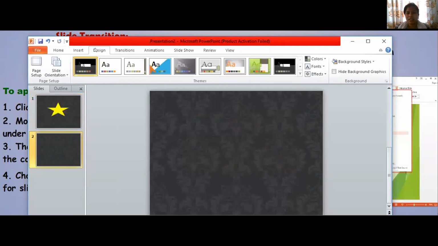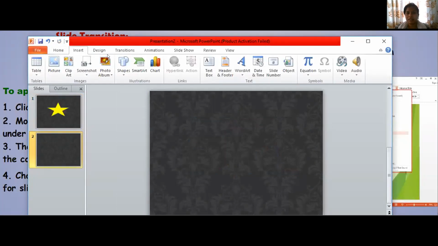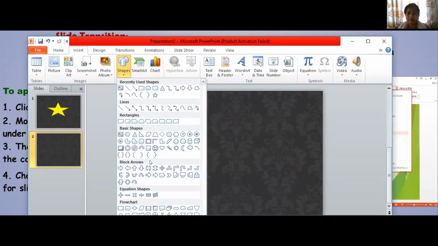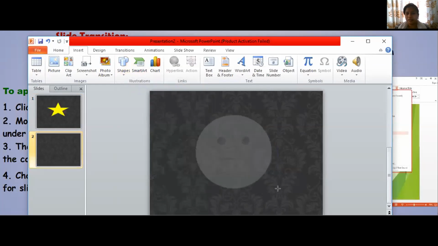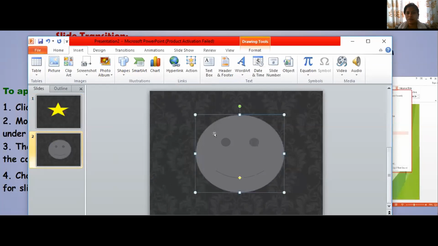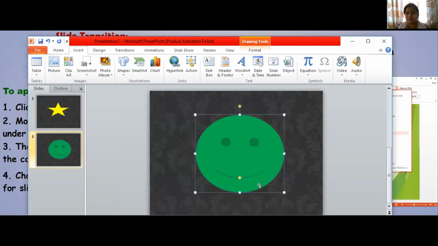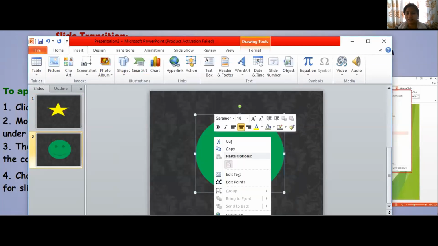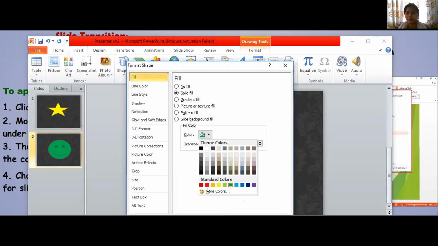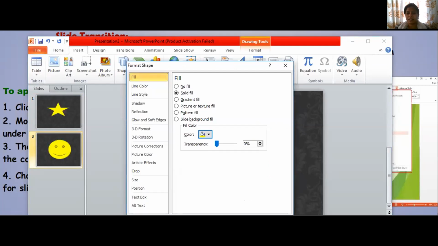For the second slide, I'll insert a smiley. Even for the smiley, I want to format the shape. I'll show you how to change the colors also. But as of now, for a change, we'll keep the smiley green. Not looking good. We'll go back to yellow only. Smileys look good with yellow itself, right?